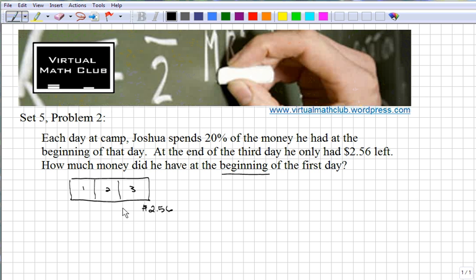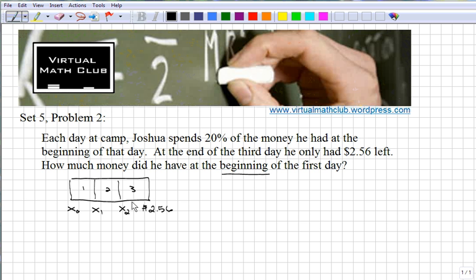So I'm going to call x2 the amount of money he had at the end of the second day, and x1 the amount of money he had at the end of the first day. But we're asked to find the amount of money he had at the beginning of the first day, so I'm actually going to call that